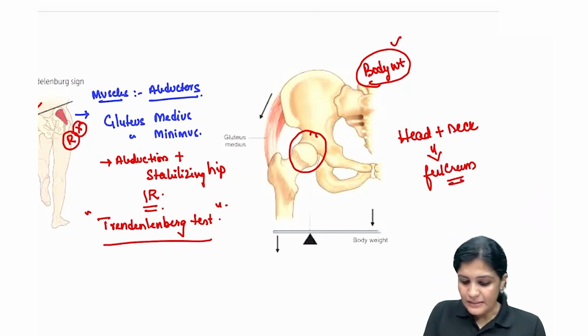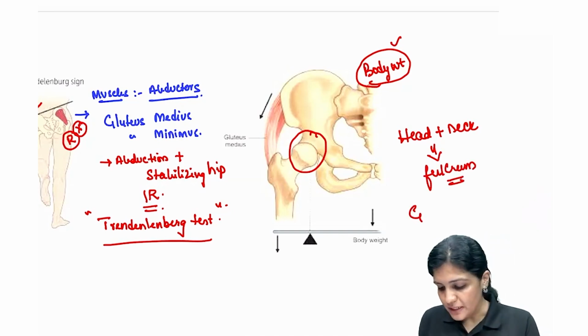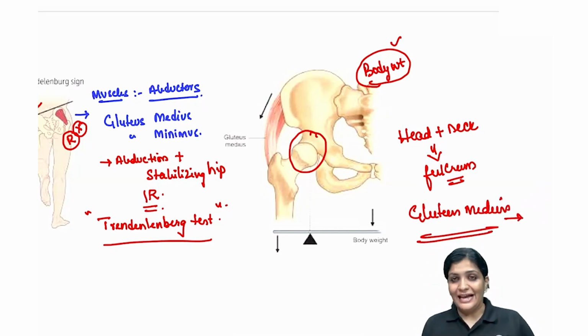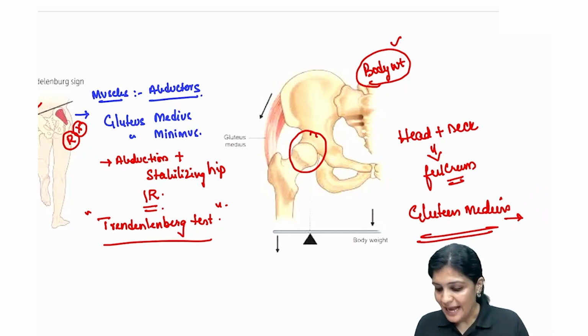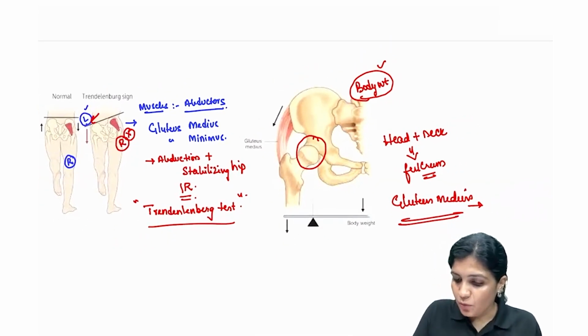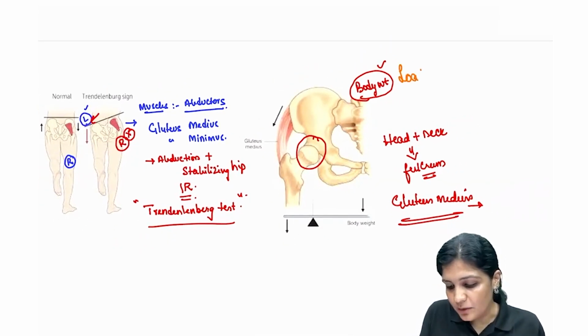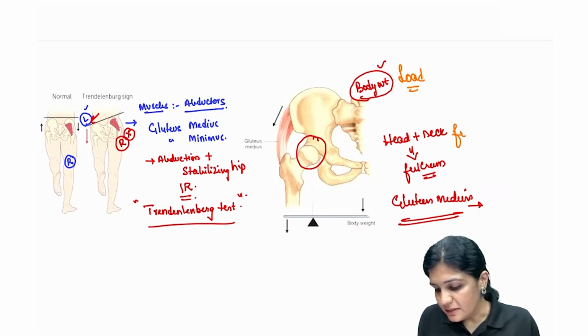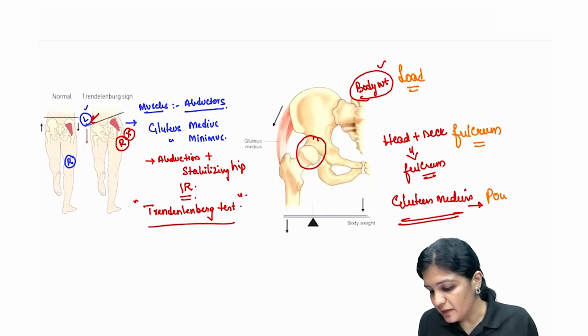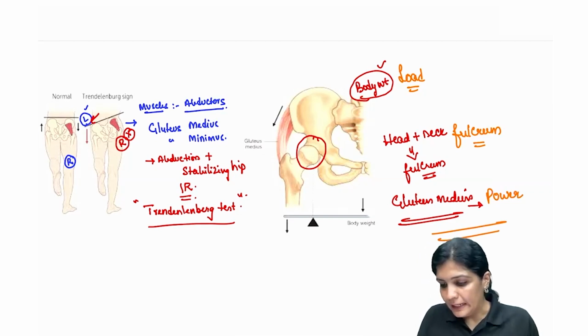And then these are the abductors, your gluteus medius. This gluteus medius will act as the power, right? So here what you have to remember is this is the load, this is the fulcrum, and this is the power. So when all three are in balance,